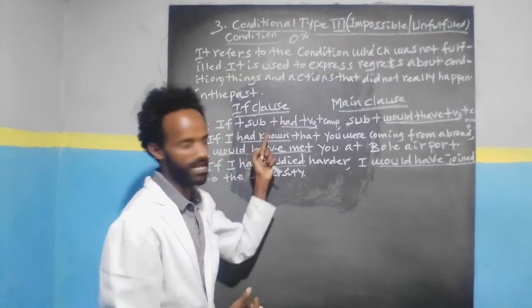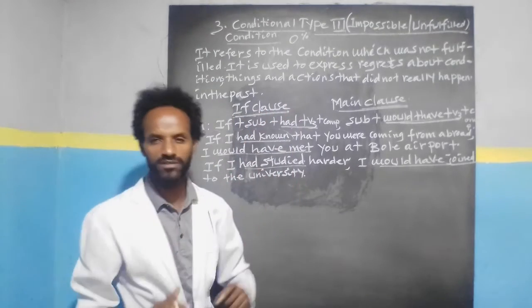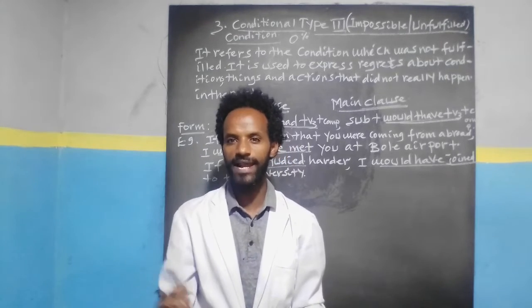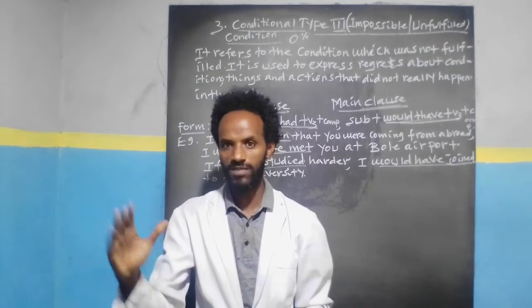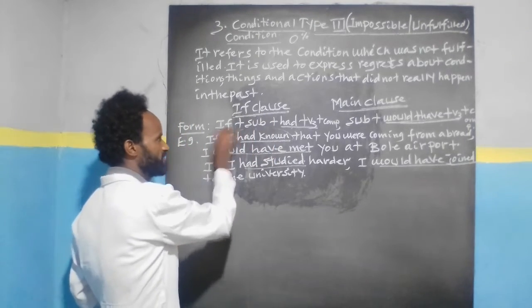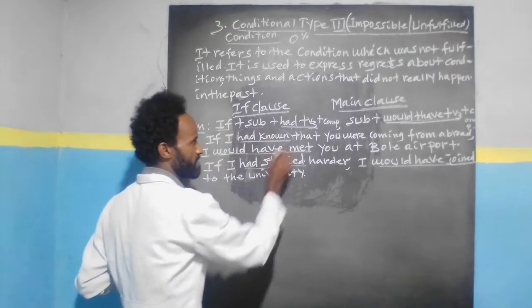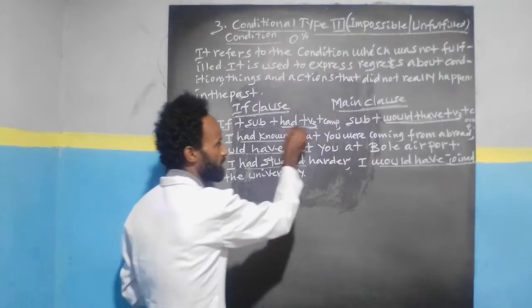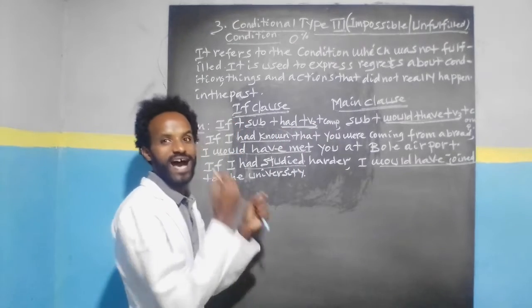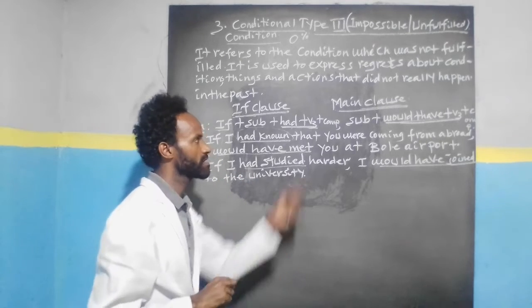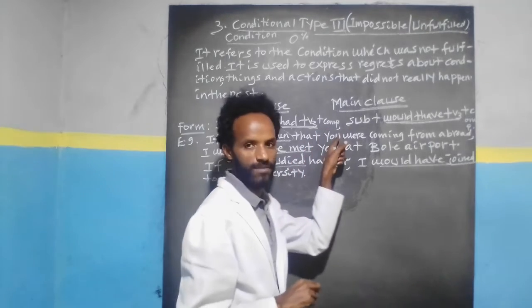ስለዚህ ኮንዲሽናል ታይፕ 3 ጋር ስንመጣ ወይም ኢምፖሲብል ጋር ስንመጣ ኢፍ ክሎዝ ውስጥ ሁሉ ጊዜ የምትጠቀሙት የቴንስ አይነት ፓስት ፐርፌክት ይባላል። ፓስት ፐርፌክት ማለት had ሲደመር any past participle ወይም verb 3 ማለት ነው። ስትራክቸሩ ምን ይላል? if ሲደመር subject ሲደመር had plus verb 3። የትኛውም ፓስት ፎርም hadን ከverb 3 ጋር አገናኝታችሁ የምትጠቀሙት ከሆነ ያ ፓስት ፐርፌክት ይባላል። ሲደመር ኮምፕሊሜንት ከዛም ኮማ እንጠቀማለን።